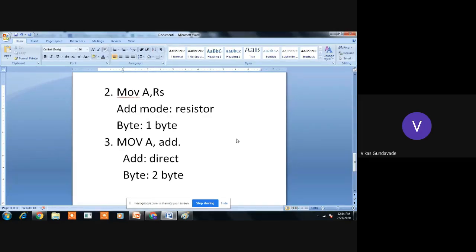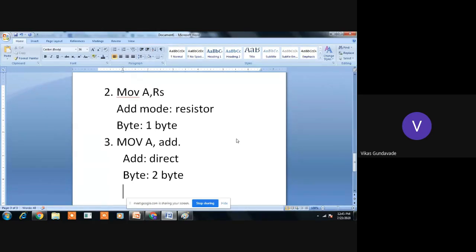This address is an 8-bit address, not 16-bit, because a 16-bit address needs to be loaded into the data pointer, not into the accumulator. To load the 8-bit address which is available in the data memory, it will require only 2 bytes. So MOV A, address is the direct addressing mode with a 2 byte instruction.